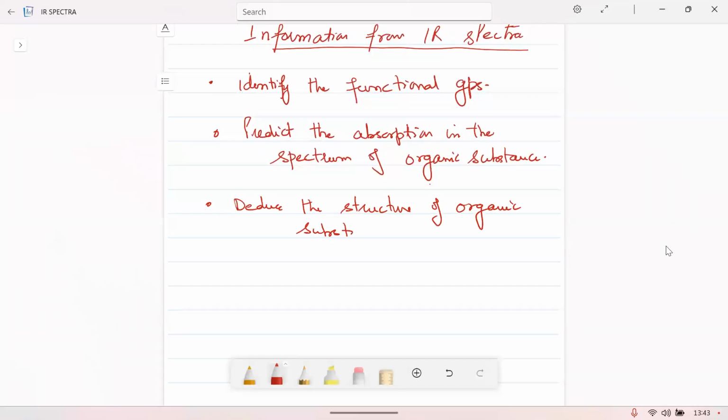So you can also find the structure of the organic substance if you are provided the wave numbers, that means the numbers on the x-axis, and the molecular formula is given. The molecular formula is given. So if this is given to us, we can even find out the structure of any organic substance, because we